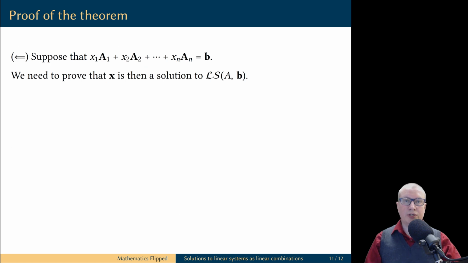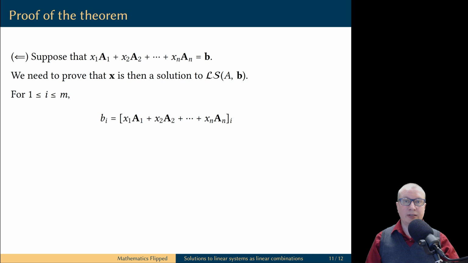First, we are going to assume that the components of the vector x produce a linear combination of the columns of the matrix A that is equal to the vector of constants B. Then we need to prove that this forces the vector x to be the solution vector to the linear system. We are given a vector equality. Linear combination of columns of A is equal to the vector B. In particular, this vector equality means that these 2 vectors have identical components.